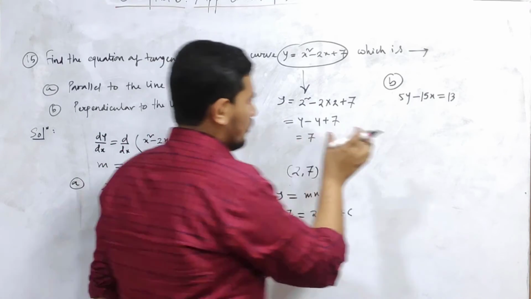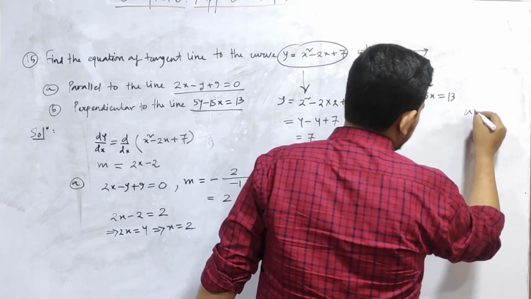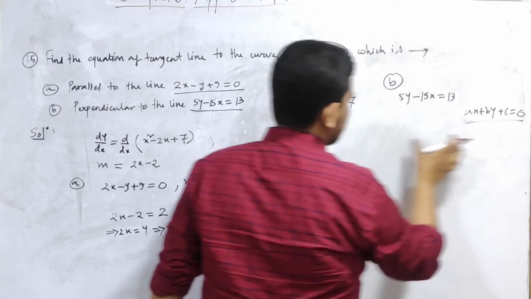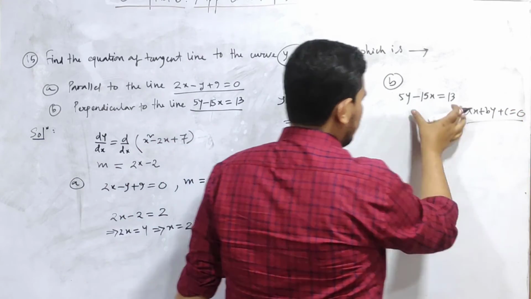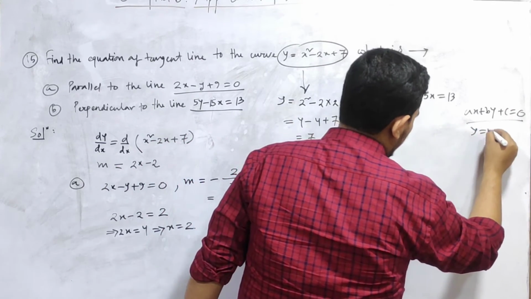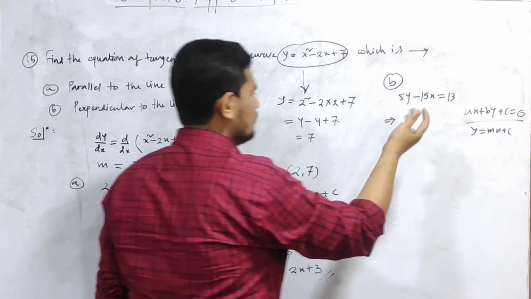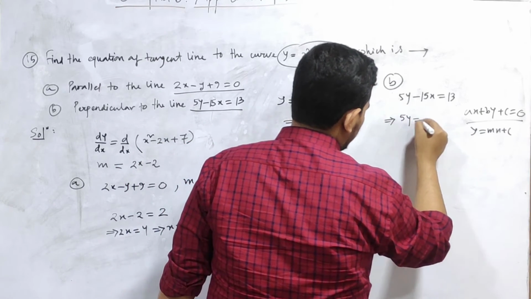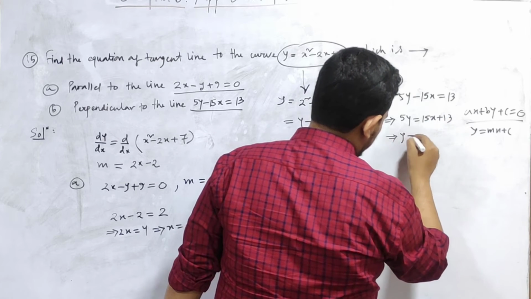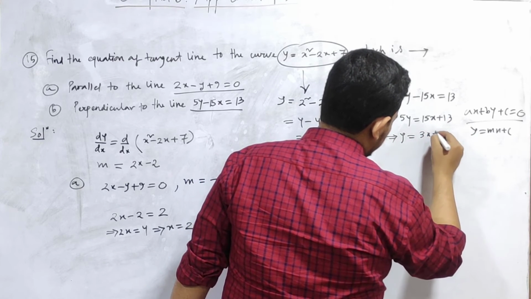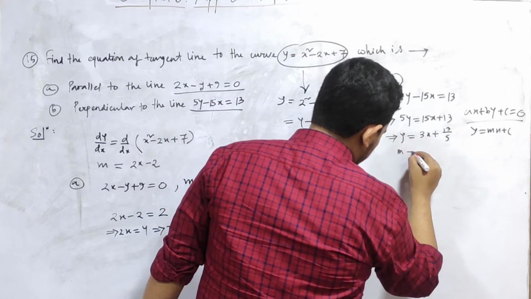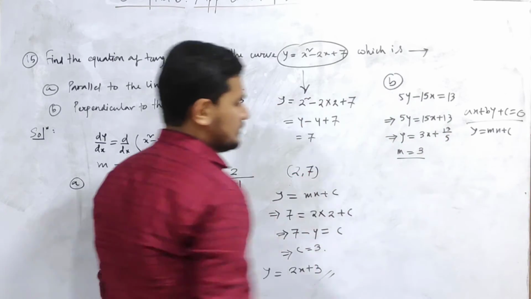So always remember that I have given you the short trick for ax plus by plus c equal to 0. So always take the equation of the line in this form, or you can write it in the form of y equal to mx plus c also, and then you can find out the slope. Well, I am going to deal with the second method here, which is y equals 3x plus 13 by 5. So the slope of the line is 3.